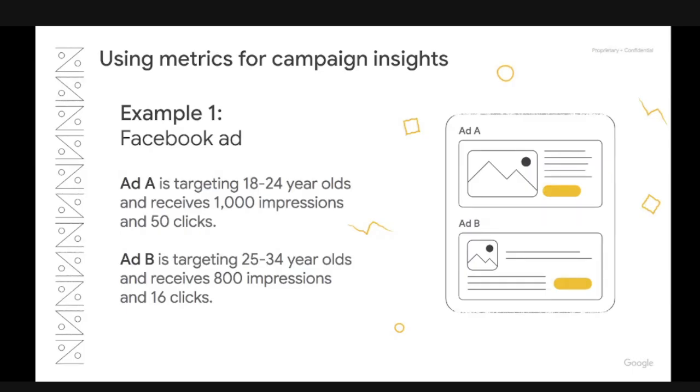You receive 1,000 impressions and 50 clicks. All right, that's ad A. So what is ad B? You're targeting people a bit older, 25 to 34 years old, and you receive 800 impressions